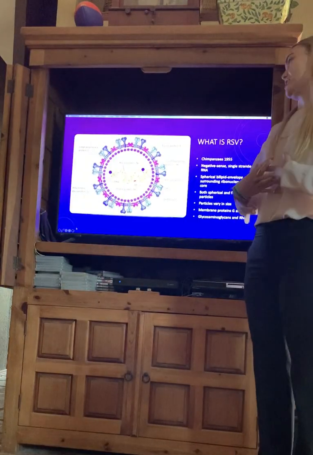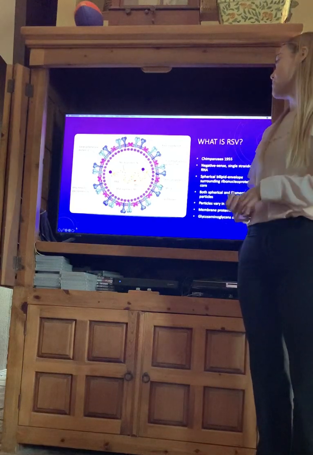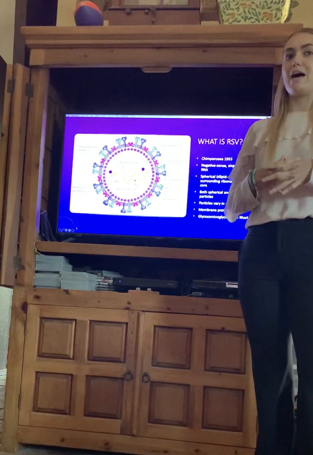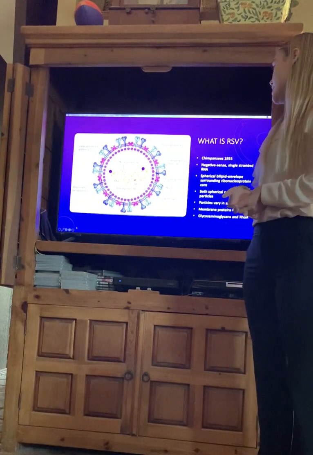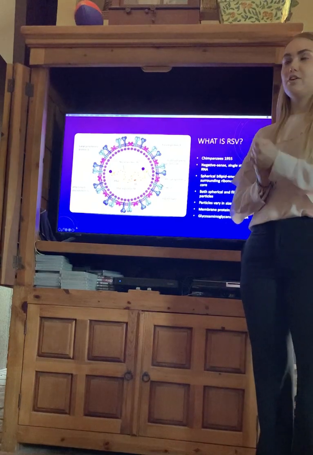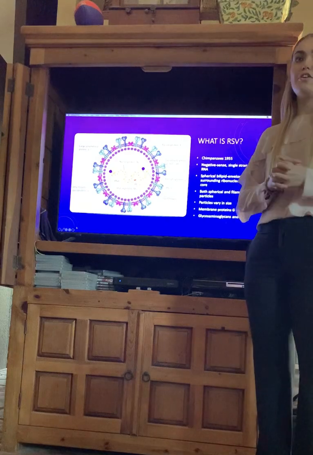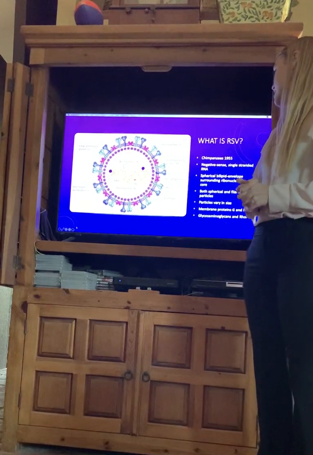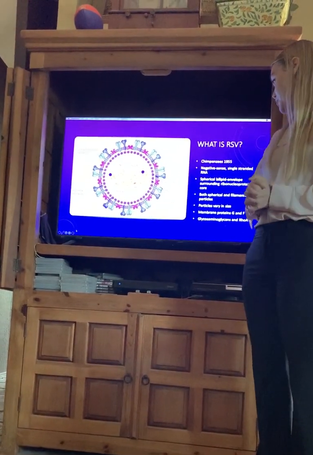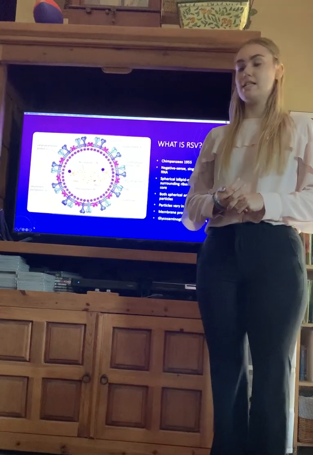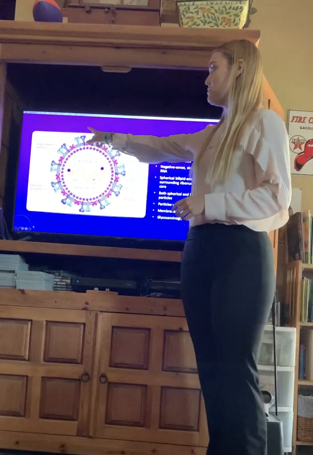So what exactly is RSV? RSV was first discovered in chimpanzees in 1955, and after further research, it was deemed a human pathogen. It is a negative sense single-stranded RNA virus. Structurally, it is a spherical bilipid envelope that surrounds a ribonucleoprotein core. It consists of both spherical and filamentous particles. Those particles can vary in size, and it contains various membrane proteins, as can be seen here in the